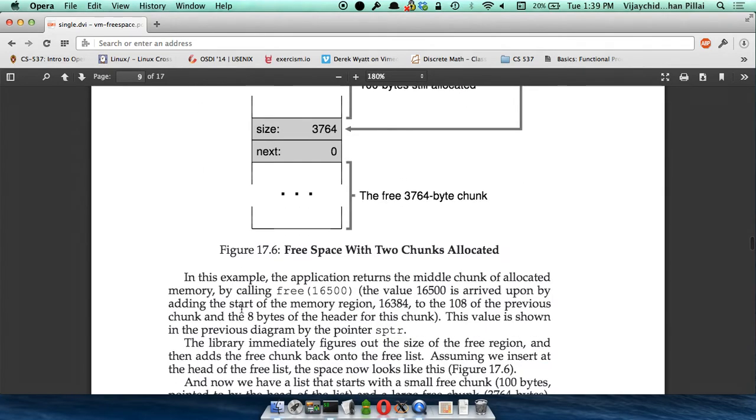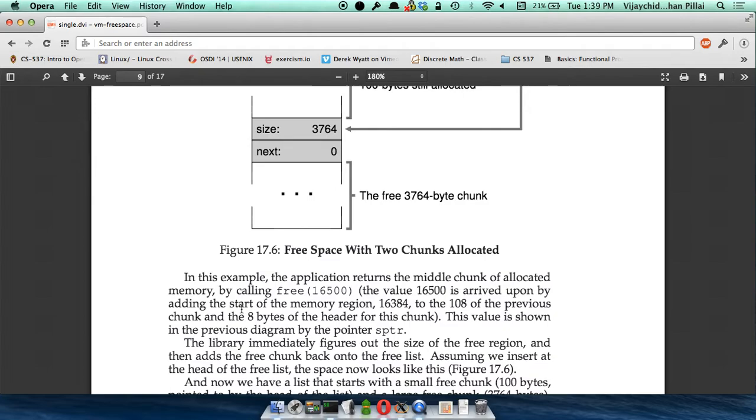If you read this chapter, there are a lot of things you will get from it. One thing to note is that there can be different policies in how you search for free space. You can just search for free space and return the first chunk that you get. To give you an example, let's say the user is asking for 20 bytes, and as you go through the list you find a chunk of 40 bytes. You can return that chunk back to the user saying, use just 20 bytes of this. That's one policy you could do, but you'll be wasting 20 bytes.